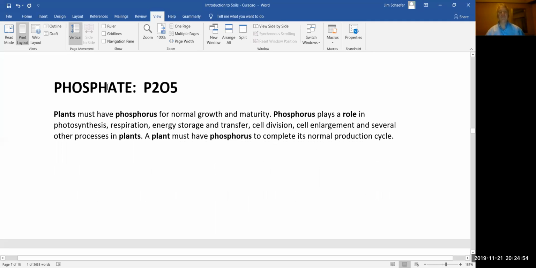Plants consume phosphate only in one form, P2O5. Phosphate as an element is in many, many different forms, all of which are unavailable to a plant. A plant will only take up phosphorus across the membrane of the root in the form of a phosphorus molecule, which is P2O5. When you see the analysis of a fertilizer, and it says, let's say it says 10, 15,